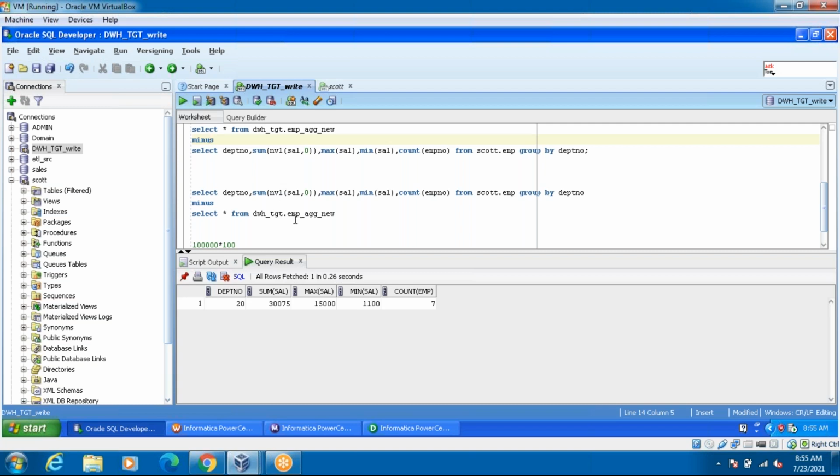That is the reason this difference came. Earlier the data matched exactly because there were no changes on the source data. So again, if I run the job, it will update the data.